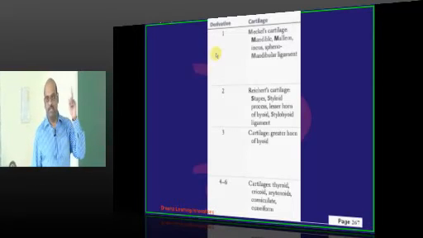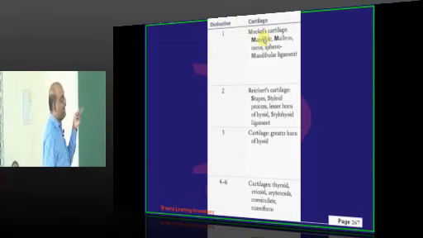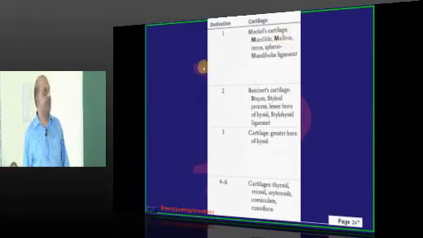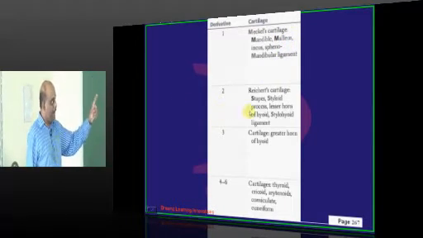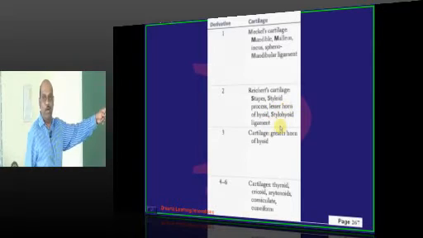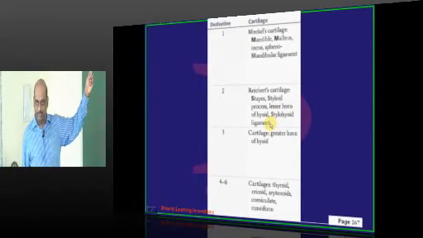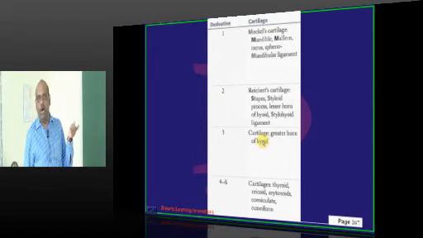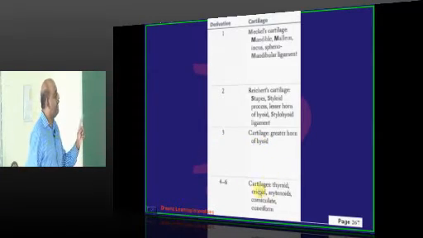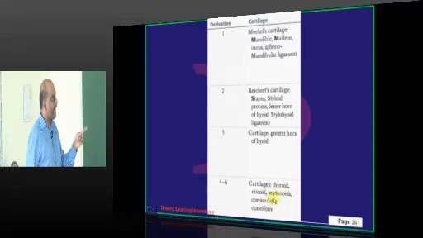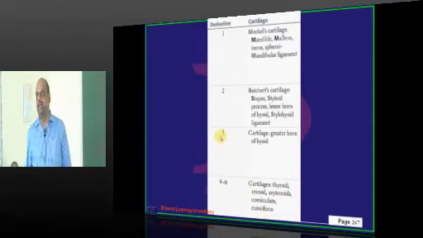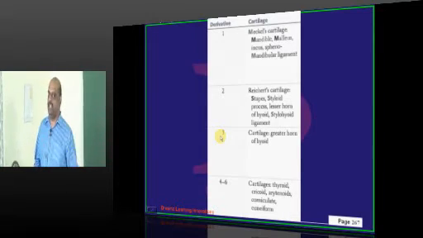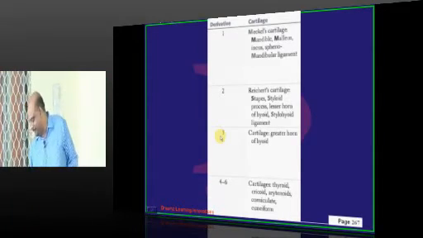First arch, what will you remember? Meckel's cartilage, mandible, malleus, sphenomandibular ligament. Second arch, stapes, styloid, lesser horn of hyoid, stylohyoid, seventh nerve is the second. Third, greater horn of the hyoid. And fourth to sixth will be thyroid, cricoid, arytenoid, corniculate cartilages, branchial arch derivatives. You are not going to miss it for tomorrow's exam.